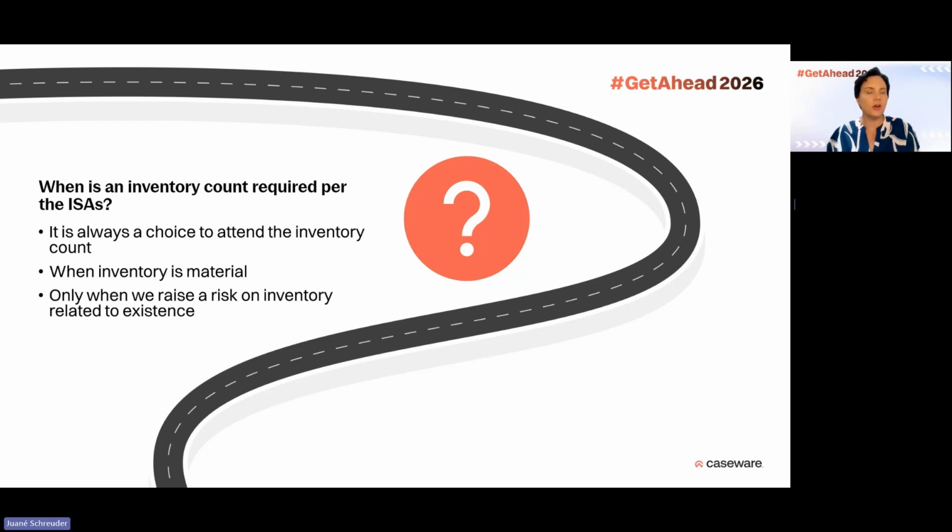Yes, when we do attend the stock take, we also get evidence of completeness, but we're not going to identify, hang on, inventory should have been material and therefore we should have gone and attended the stock take. It's kind of too late then. And talking about too late, if we don't know the value of our client's inventory shortly before year end, and inventory is material at year end and we didn't know that, we can't really go back in time.